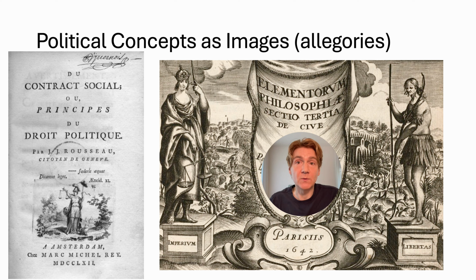Another famous work of political philosophy is on the left, Jean-Jacques Rousseau's Social Contract. It was originally published with a frontispiece, combining a quote from Virgil's Aeneid in Latin, Foederis aequas dicamus leges, and an allegorical image. The quote can be translated as, let us declare equal laws of the treaty or alliance,